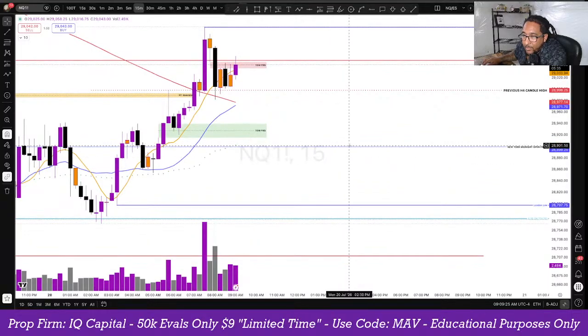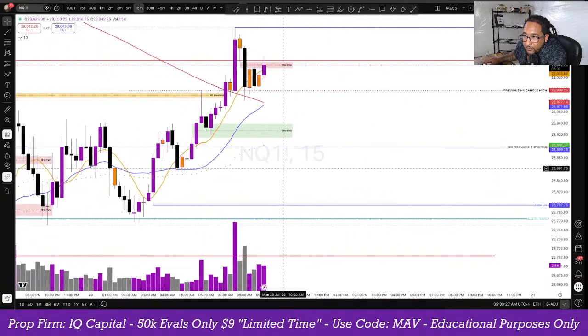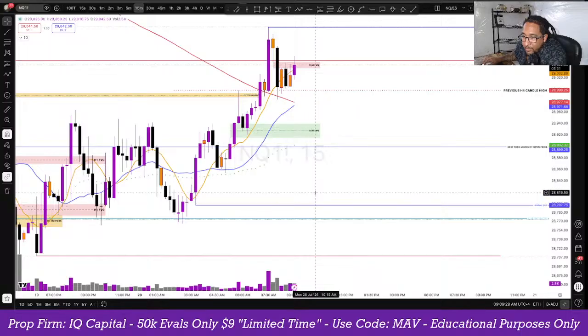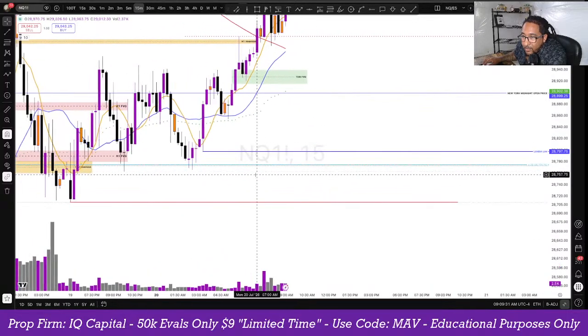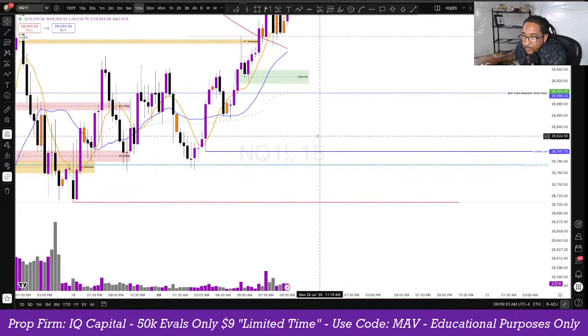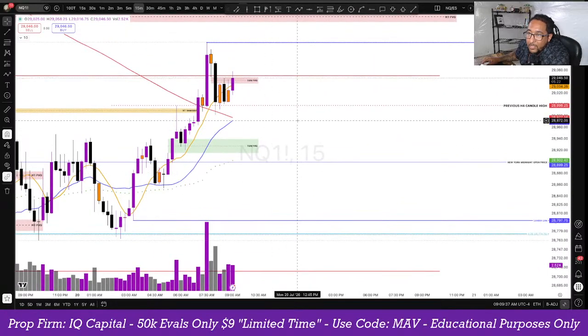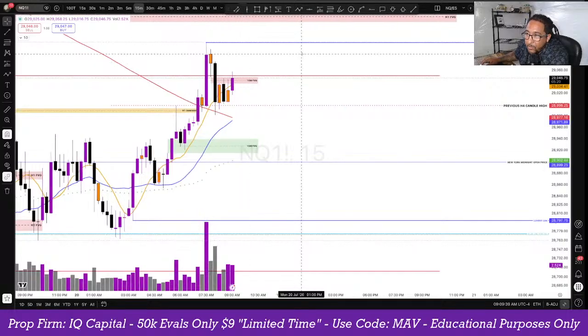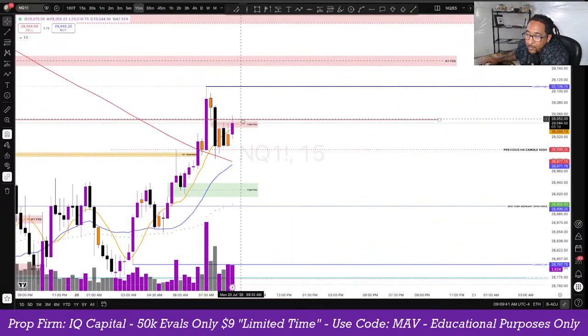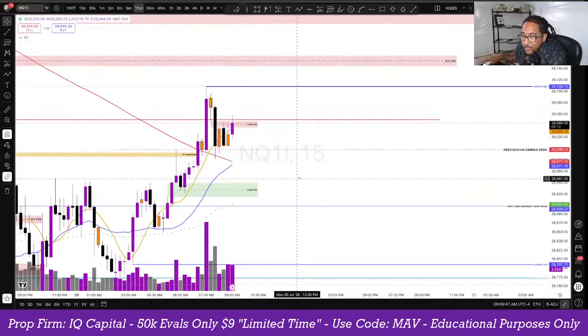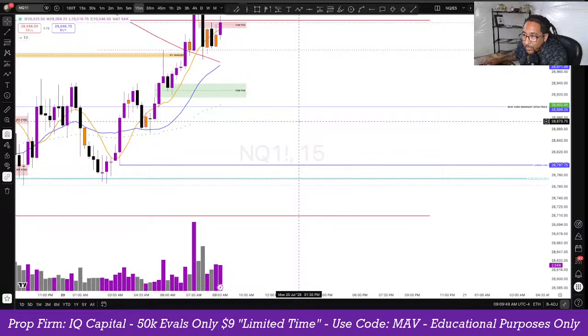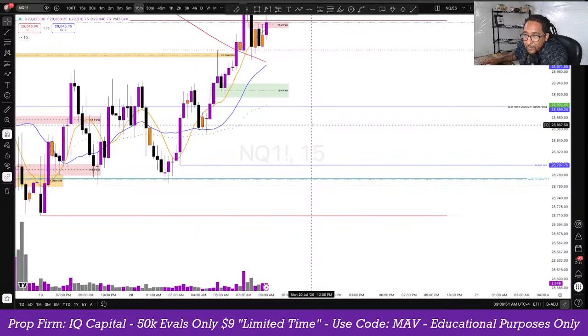We have midnight open down here. We have some inefficiencies. We have these lows. We have London low down here. We have some objectives to the downside as well. So the market could go up and shoot higher, manipulate higher, reject to the downside, and we could be on that first half of the day, that AM session,